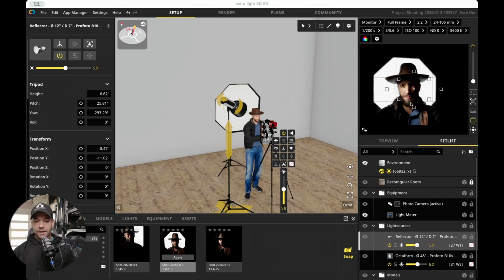So we are here in set.a.light 3D. If you've not used this program, you need to check it out. It's absolutely amazing, not only for doing stuff like this, like education, but it's really designed for pre-production for not only photo, but in the recent versions, video as well. They've added animation. You can do a bunch of different cinema quality video effects, and you can animate the people. We're not going to get into that right now because that takes a long time to render and all that fun stuff. But I just want to show you what it does for pre-production, or just showcasing